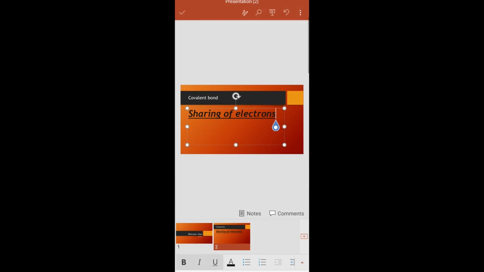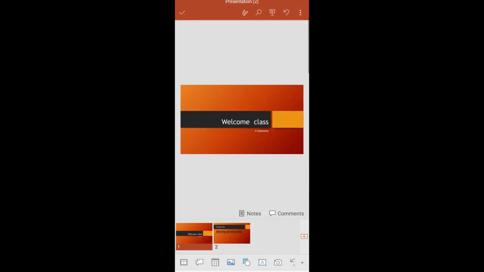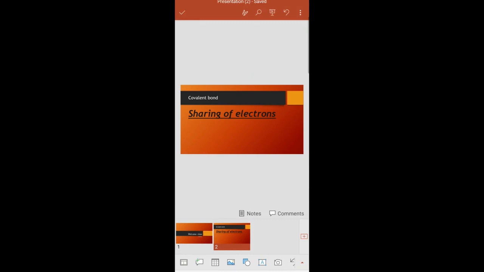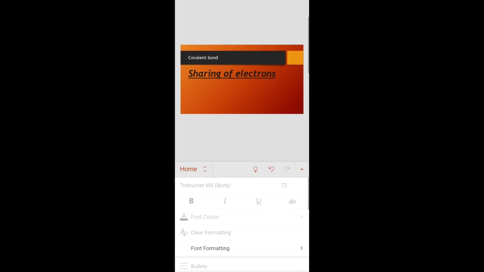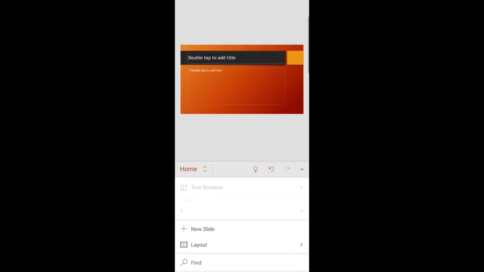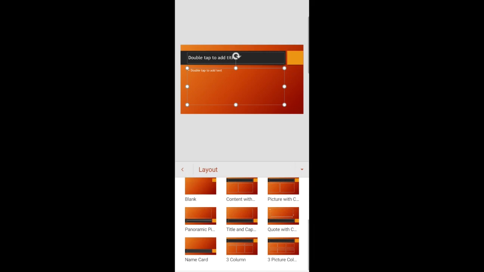Now you can see this is my first slide, this is my second slide. If I wanted to add another slide, I have to click here. You can go down, select a new slide, and write whatever you want. If you want to change the layout, you can change it like this.